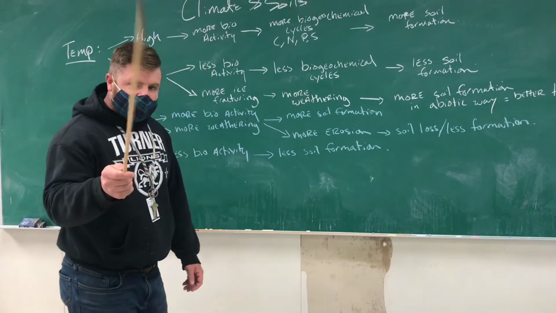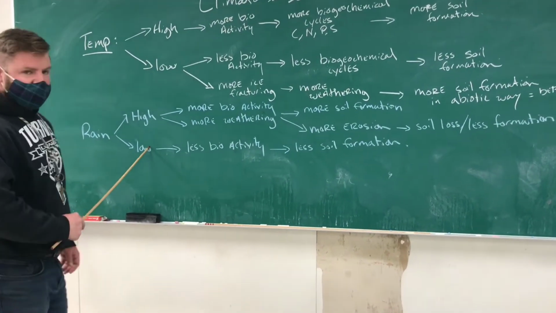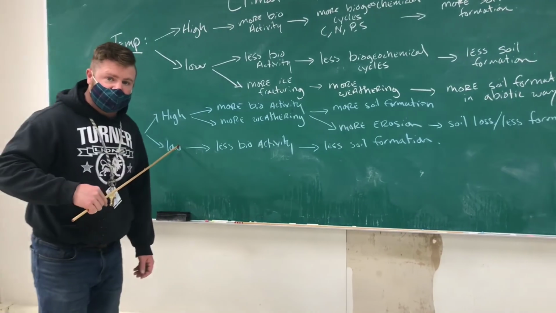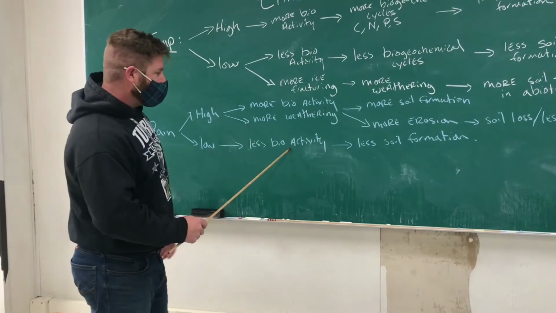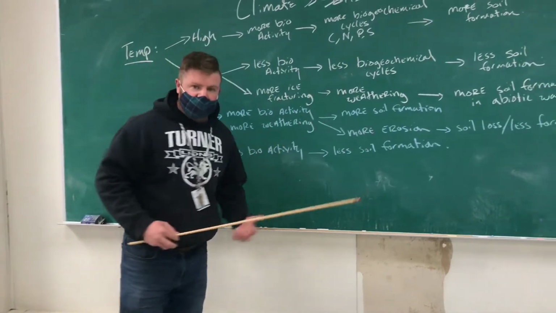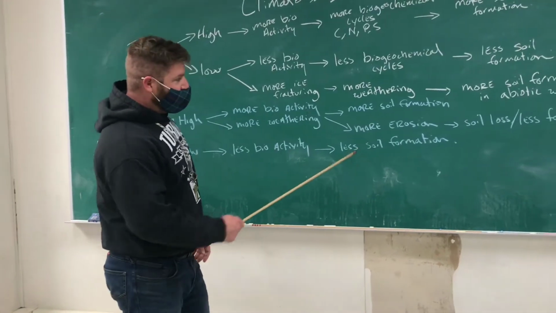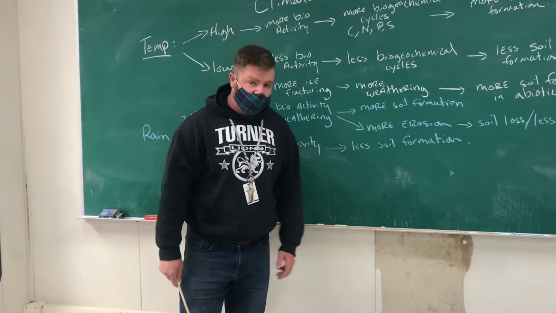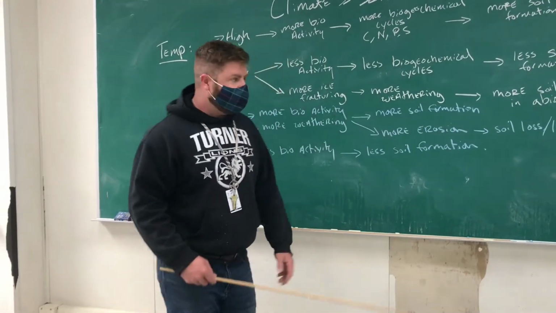That's why certain biomes like the tundra, where it is both super cold and hardly ever gets liquid precipitation, in both cases you're going to get less biological activity. The biogeochemical cycling is super, super slow, super duper slow. And so soil formation is super, super slow. That's why when you damage the soil or compact the soil, it could take hundreds of years to repair itself.